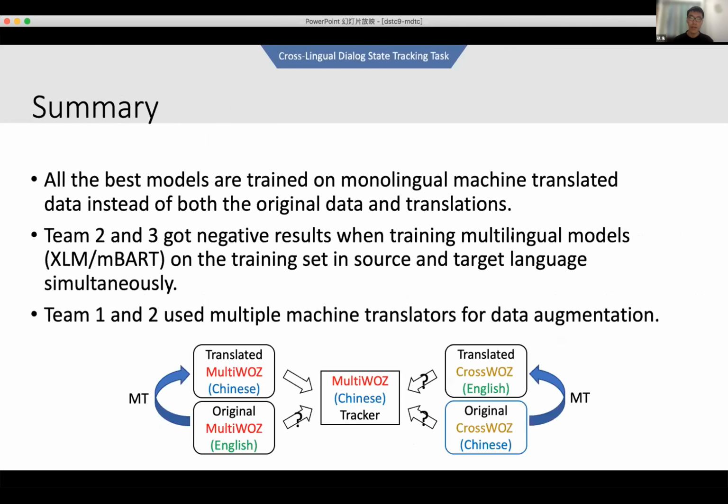Finally, let me make a summary. To our surprise, all the best models are trained on the monolingual machine-translated data instead of both the original data and the translations, although translate-train is a strong setting in cross-lingual transfer learning. Previous studies found that fine-tuning a multilingual pre-trained model on the original data and its translations in multiple languages together is more powerful. However, Team 2 and 3 got negative results when training XLM or multilingual BART on the Chinese